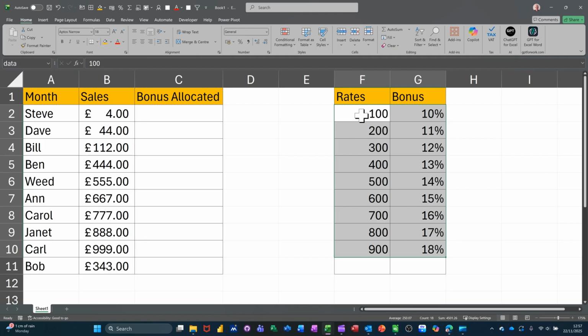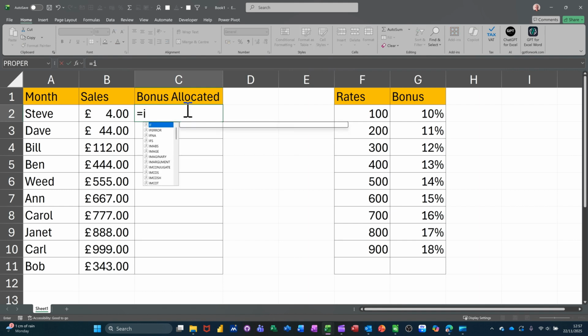If they get between 100 and 200, I want them to get a 10% bonus. If they get between 200 and 300, I want it to be 11%, and so on throughout this table. Now, I'm going to use an if statement because if they haven't got over £100 worth of sales, I don't want them to get anything. So the first thing I'm going to type is equals if, pressing my tab key to open the bracket. So if that cell is greater than 100, comma,